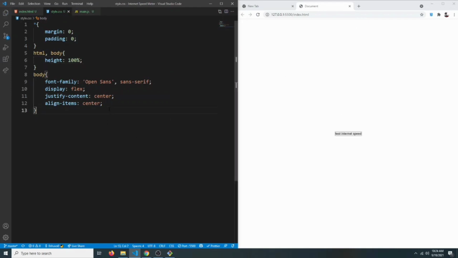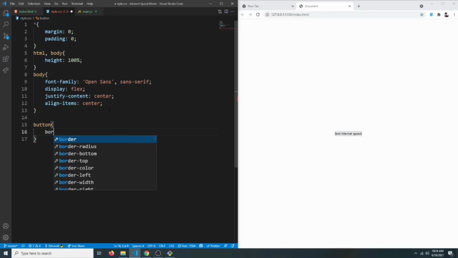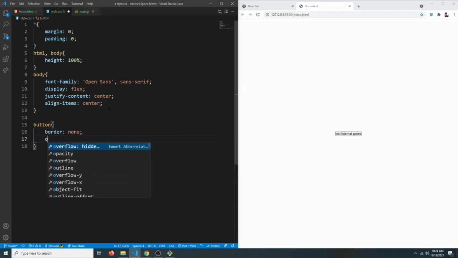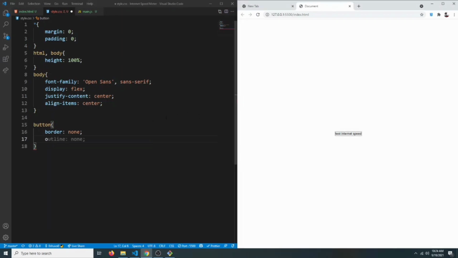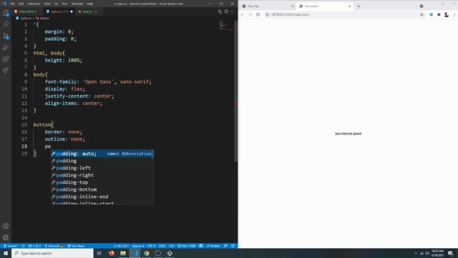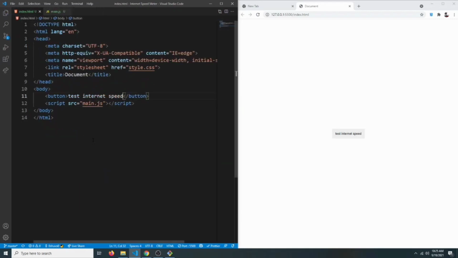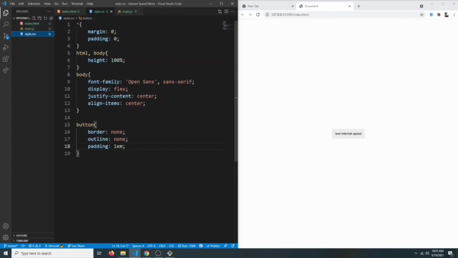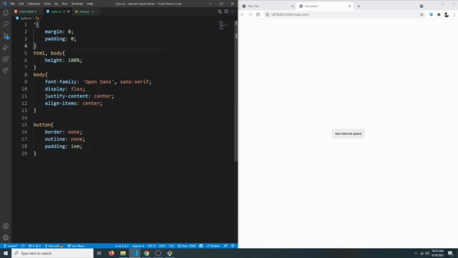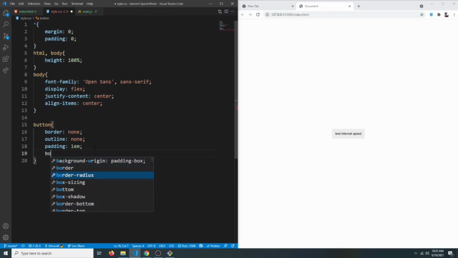Okay, let's style our button. So we can say button to have a border of none and outline to none. So we are removing the border and outline. The outline is when we click here, we see an outline, sometimes a black border. So we can say the outline to none as well. Now we're gonna say the padding to be something like 1em. I accidentally closed it. Okay, let's give it some border radius. So let's say a border radius of 3 pixels,